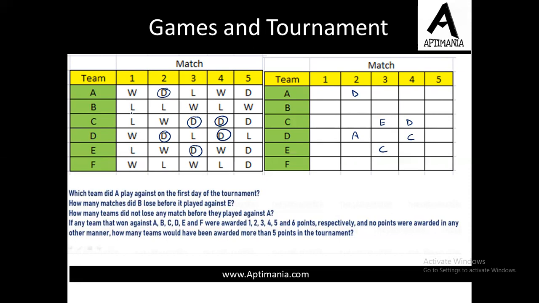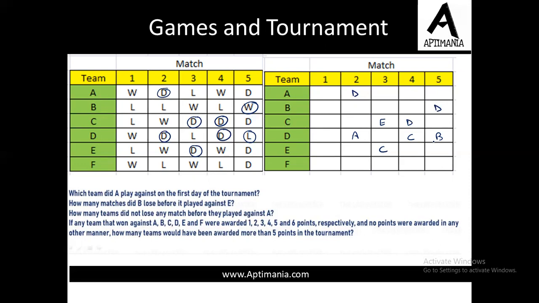Now here we have three W's and three L. So we cannot decide or assume कि A किससे जीता होगा या नहीं, right? Now let us move to column 5. Now in column 5 we have one win and one loss. Now B ने एक मैच जीता है, D ने एक मैच हारा है. That means B must have played with D on this particular day. So here B played with D and D must have played with B. Fine. तो ये हमने यहाँ तक fill कर लिया है.